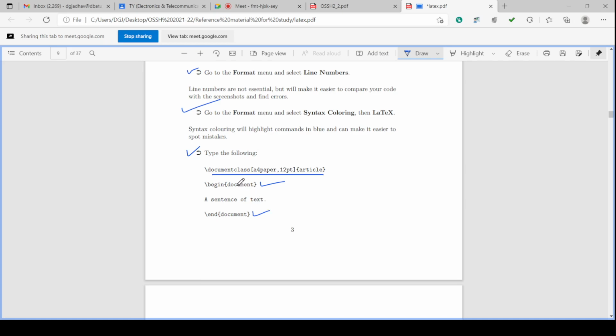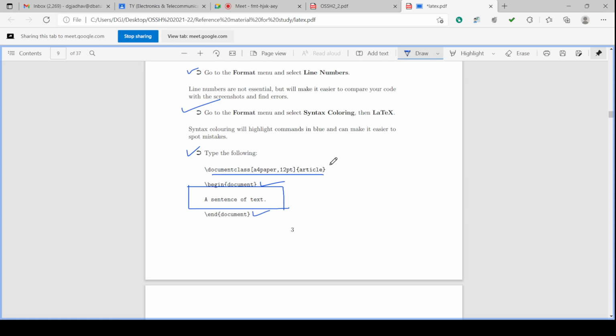Here we start the document and here we end the document, and in between we have the sentence of text. Whatever text we want to prepare in the document can be written here. So begin document, end document, and this is the text.